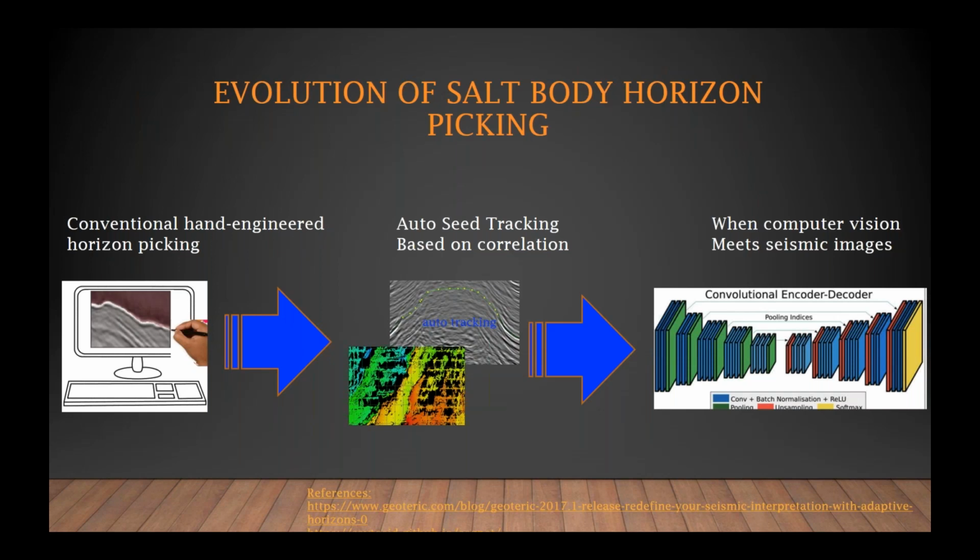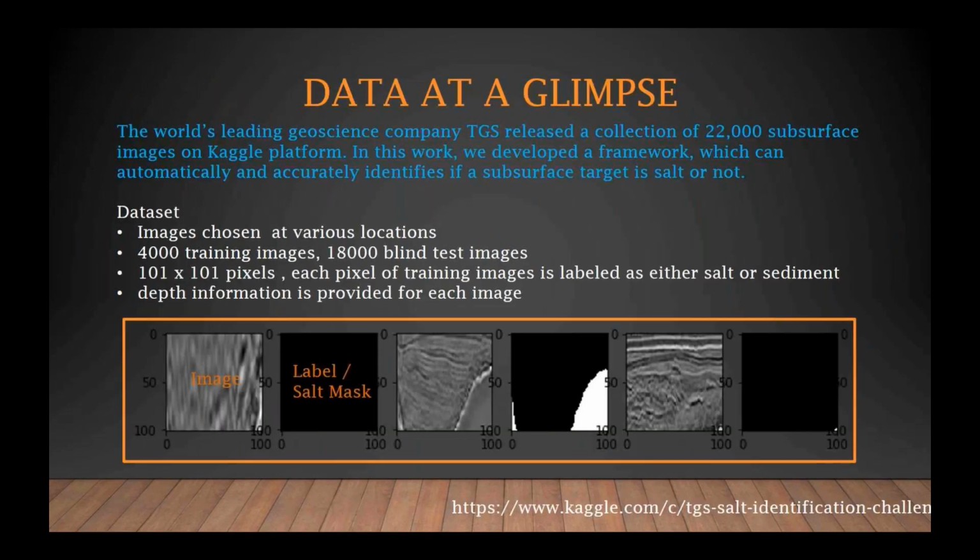We all know that human evolution becomes super fast after the vision developed. So when computer vision meets seismic images, will there be any kind of sparks? Like, will deep learning catch the intelligence of geologists and be able to analyze the salt geometry? And this is what we were doing months ago, when TGS actually,